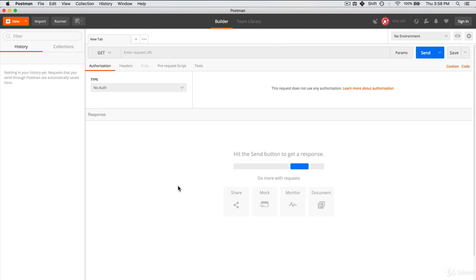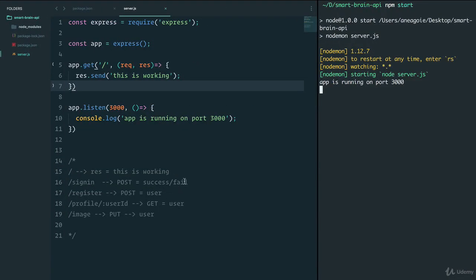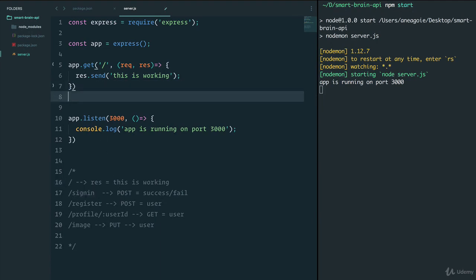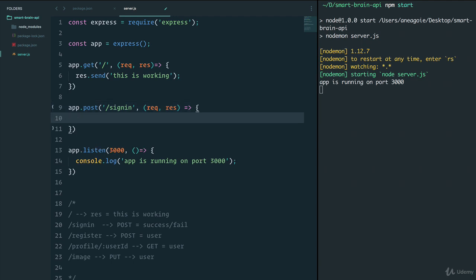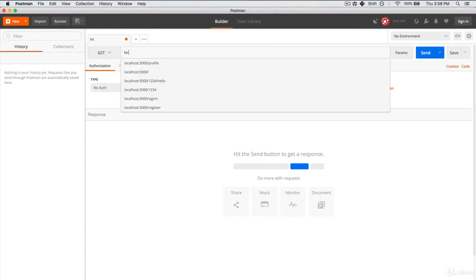All right, so I think it's time to get started. The very first thing we want to tackle is the sign-in. So let's think about this. I'm going to do app.post for sign-in. And when we do the sign-in route, we're going to have a request, response. And here, just to test that everything's working, we'll do response.send sign in. Let's save. Go to Postman, do localhost,